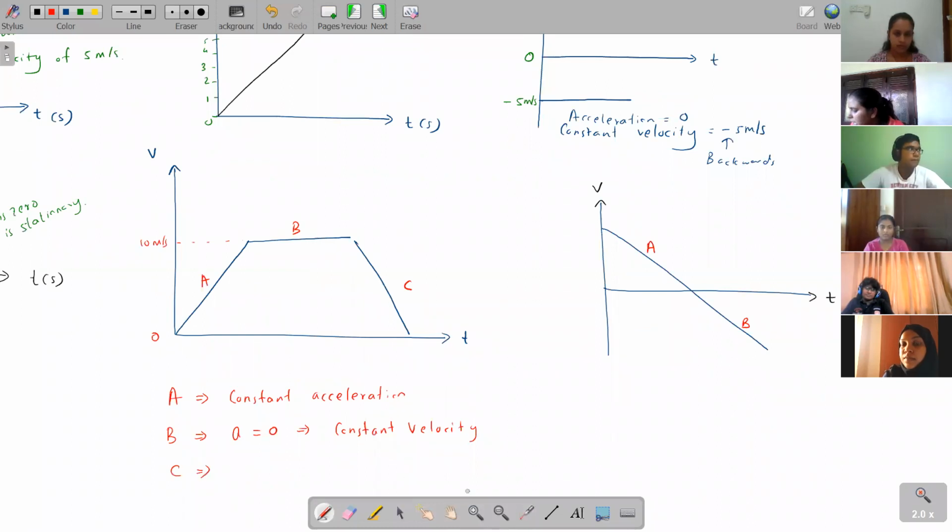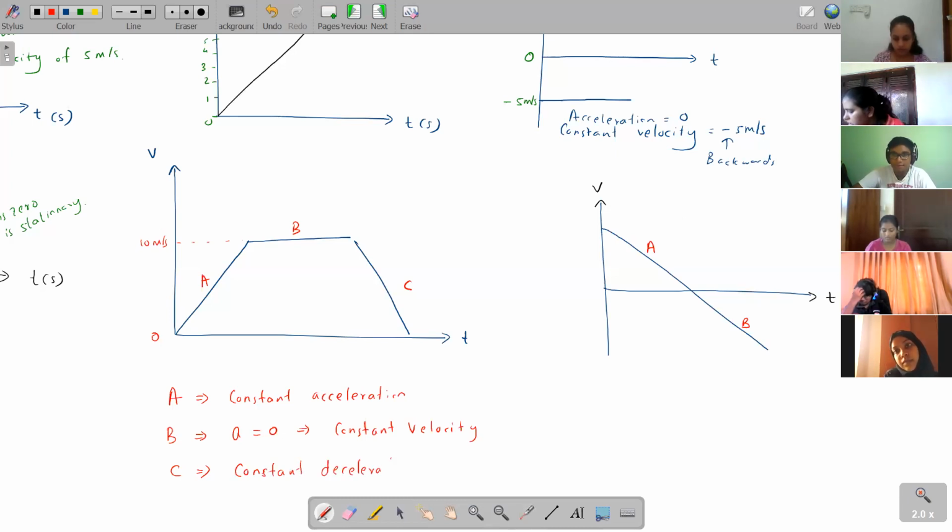What happens in C? You can see now the speed of 10 is coming back to a speed of 0. So when you are coming back from 10 to 0, what's that? Is that acceleration? Here also the velocity is changing, but it's not an acceleration. Acceleration means you are moving faster, you go faster and faster. What's the opposite of acceleration? The opposite of acceleration is what we call deceleration, where you become slower and slower. Your velocity is changing, but it's not becoming larger. The velocity becomes smaller and smaller. So it's a deceleration, and because it's a constant gradient, you had a constant deceleration.